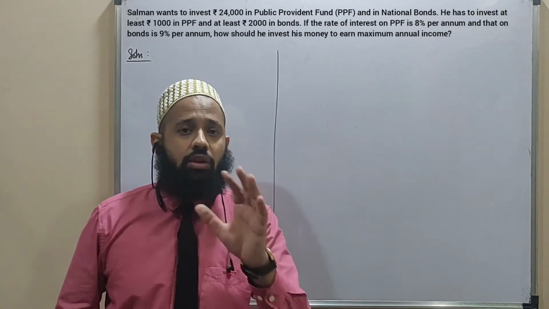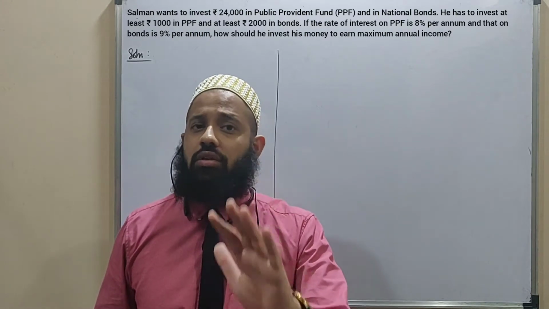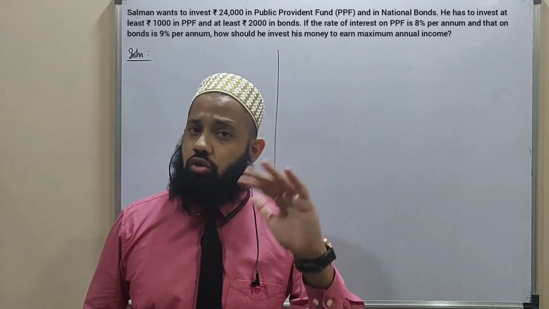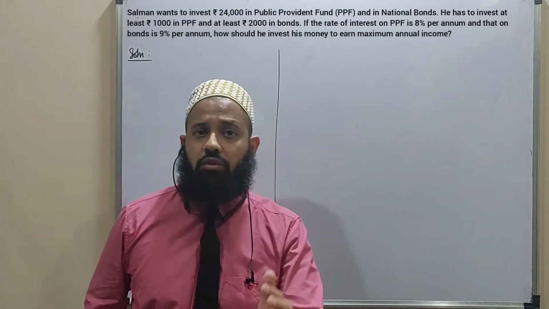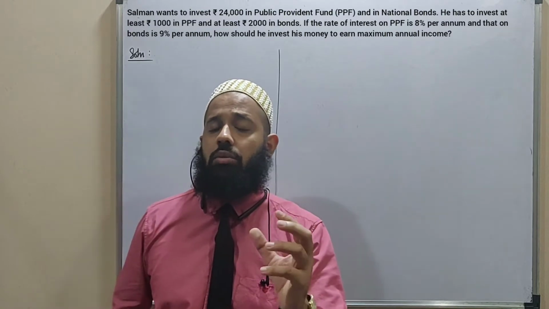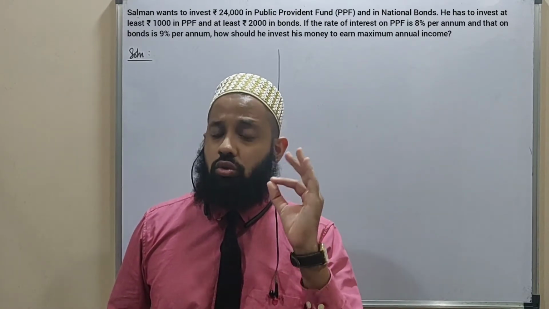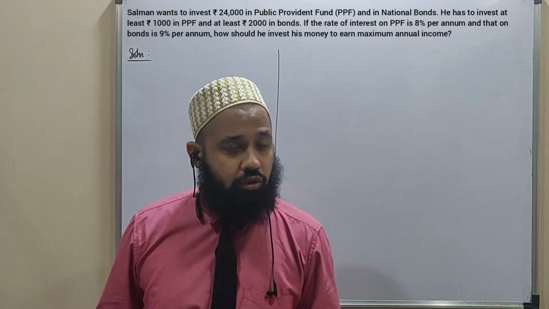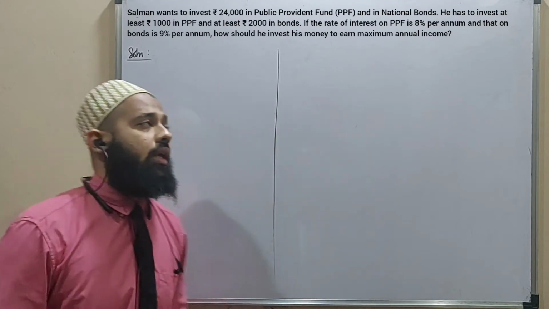You have understood from the problem that the income is to be maximized, so it is a sum of maximize. We also have now understood that the amount of 24,000 will be broken up into two parts. One of them will be going for the PPF and the other one will be going for the bonds. So we have also identified the decision variables. It's time to think of the table, but it is not possible here except for one condition. So let's write as much as we know and then we'll continue.